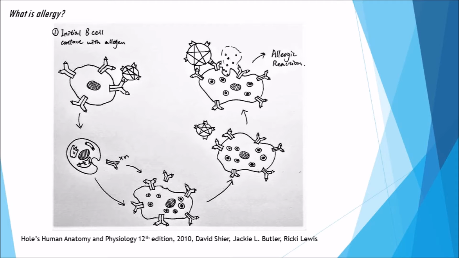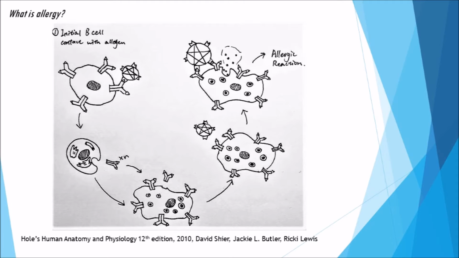Firstly, the T lymphocytes identify the allergen that has been introduced. Once this occurs, the T lymphocytes transform into plasma cells, which secrete the IgE antibodies. These IgE antibodies then go on to bind to mast cells in tissue and basophils in circulation. The IgE binds to the Fc epsilon receptor. This binding triggers the histamine that was stored in granules inside the mast cells and basophils to be released into